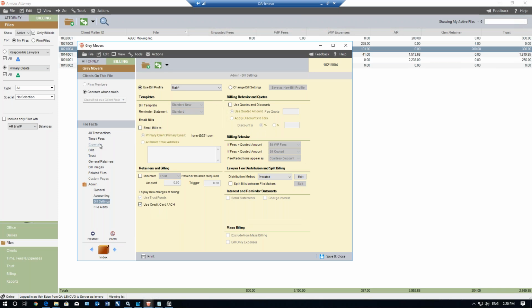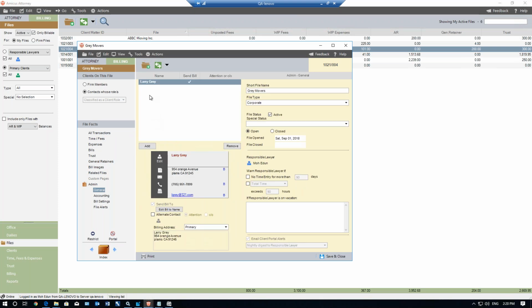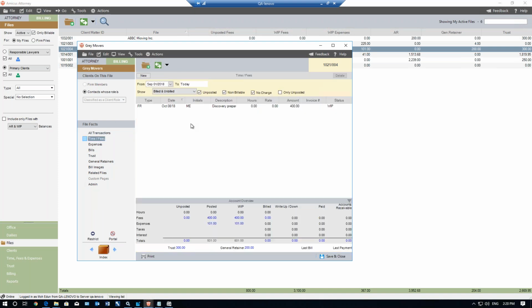So I have a file here that I'd like to go through. This file also has a contact, the same contact that we were looking at earlier with that credit card payment method. So if I go in here and look at the fees, we have $400 in fees. We have a retainer here of $200 and trust balance of $200. So if we go and create a bill,